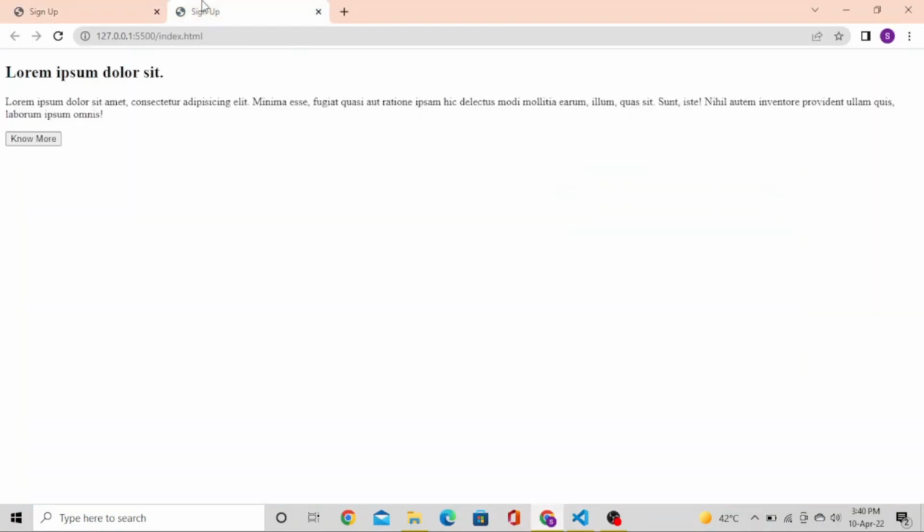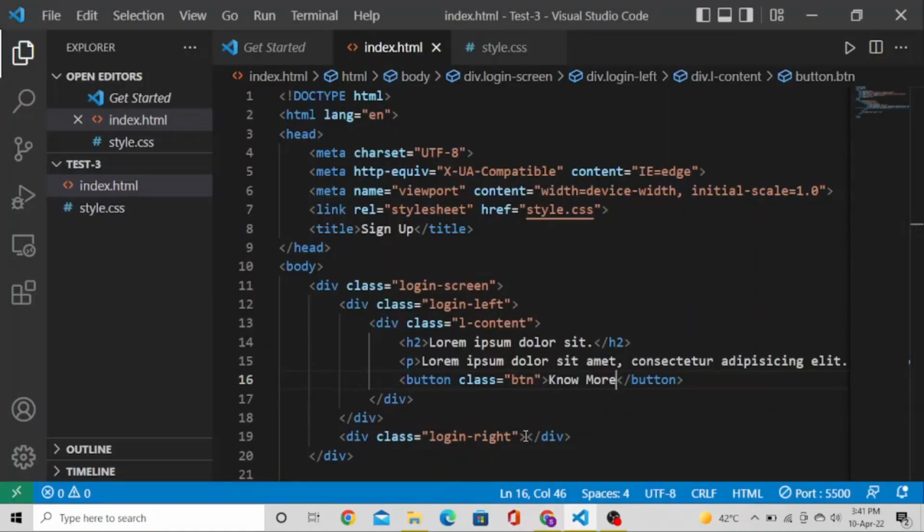Let's see what our page shows up. So our page contains a heading, a paragraph and a button. So this is all we needed for the left part. Now let's come to the HTML of the right part. So in the right div,